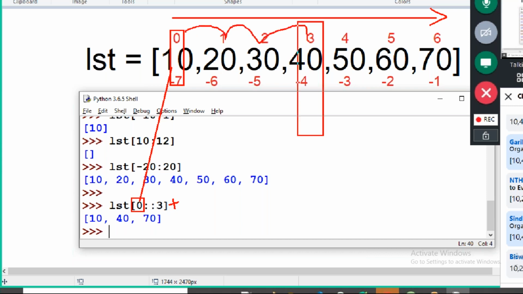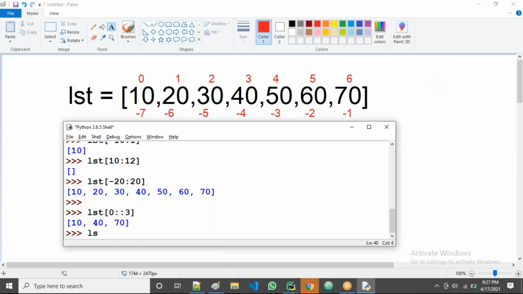So 40 will come. Third one. This is the first one, right? Second one, third one. Again, this will come. So output is 10, 40, 70, guys, right? Next, LST of 2 double colon 2, guys. Give me reply now.